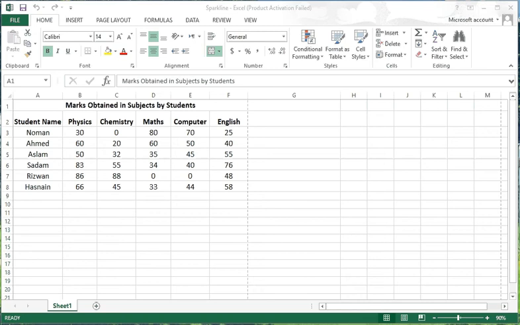So in this learning unit we will cover the procedure of inserting, deleting, and moving page breaks from one location to another, and by the end of this video lecture, you will be able to insert, delete and move page breaks.